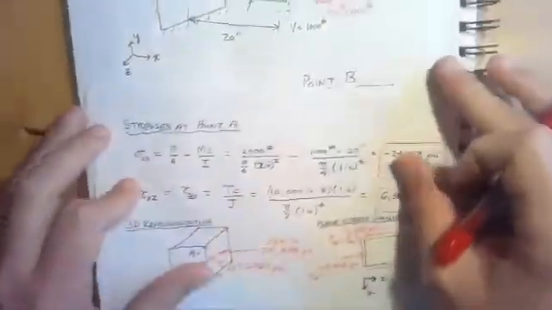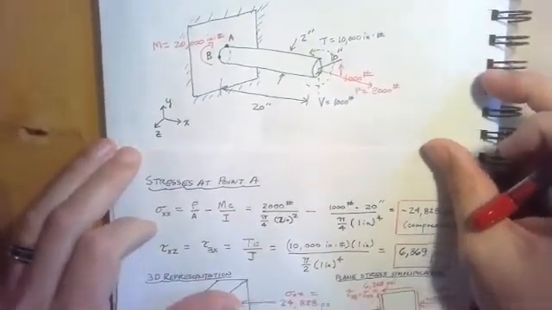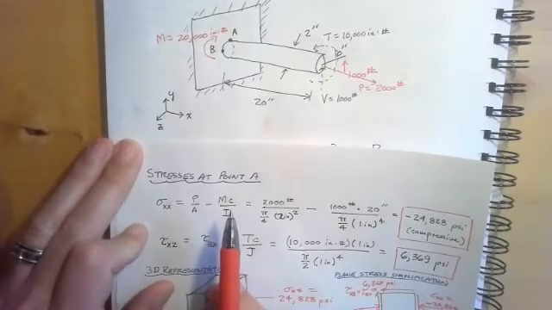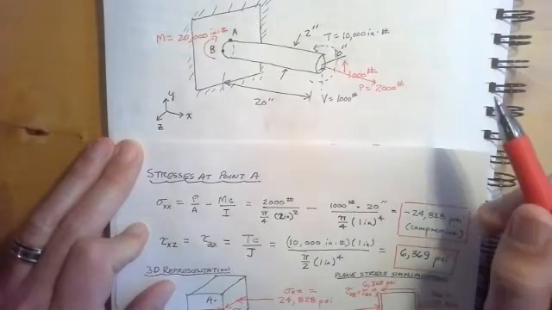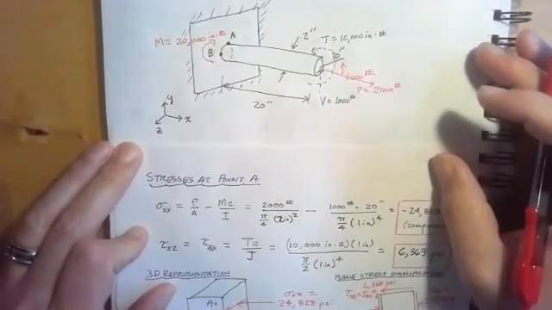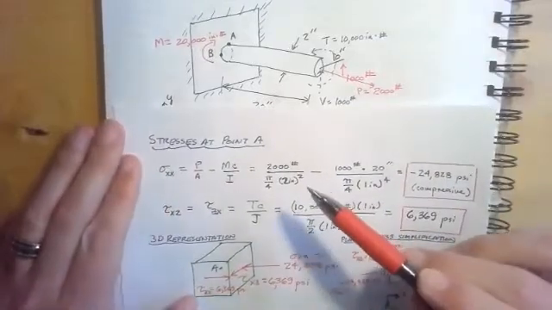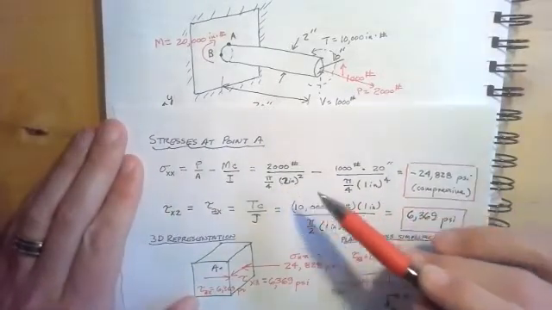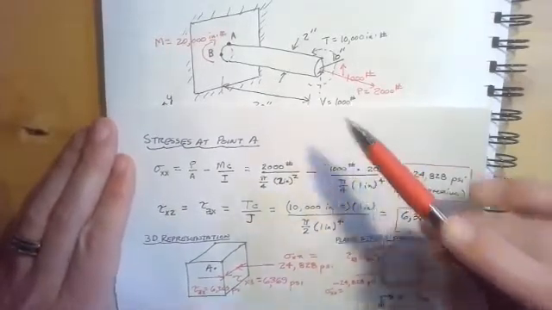So for the stresses at point A, I would have sigma XX equal to P over A minus MC over I. P over A is positive because it's in tension, MC over I is negative because it's in compression. And then this is a straightforward computation: 2,000 pounds for P, pi over 4 times the diameter squared for the area, minus 1,000 pounds times 20 inches, which is the bending moment,